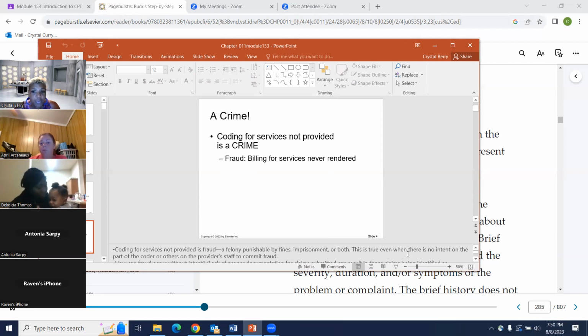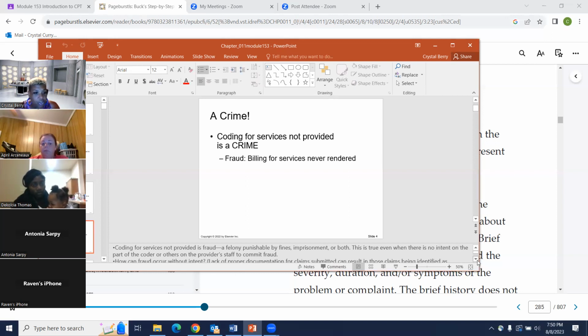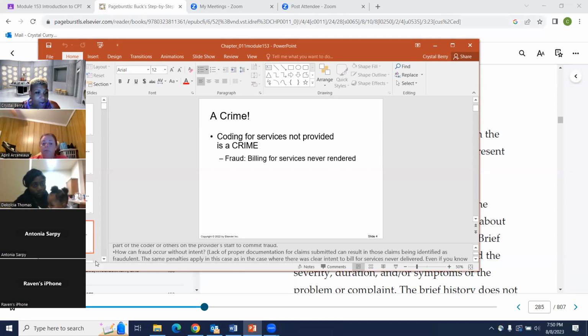This is true even when there is no intent on the part of the coder or others, such as the provider staff, to commit fraud. And it goes on to say, how can fraud occur without intent? Lack of proper documentation for claims submitted can result in those claims being identified as fraudulent.